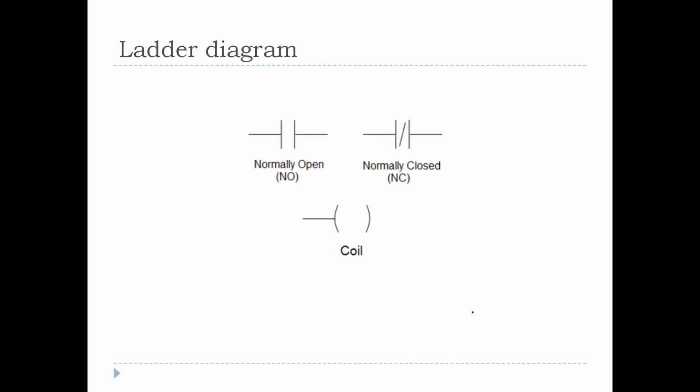Ladder programming is the most common form of programming used in PLC. It is a programming language in which the program is represented using a ladder diagram. A ladder diagram is a graphical method of displaying control logic which determines the outputs based on the inputs. We have three basic symbols in the ladder diagram: a normally open switch, a normally closed contact, and the coil. This coil is the symbol for output.